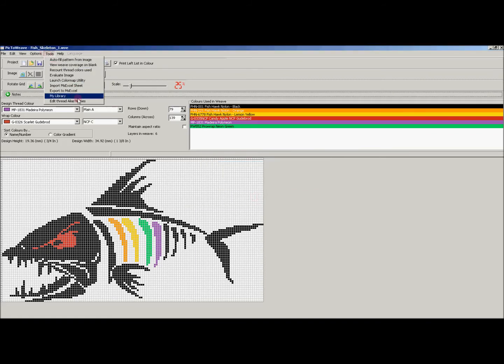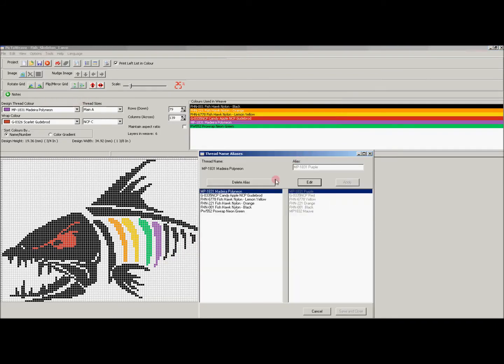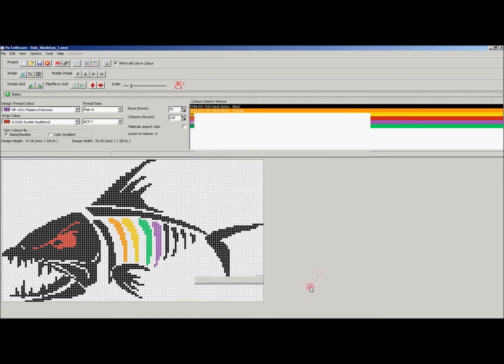So all we then do is go into edit thread alias names, and you can see that all of these are as they should be. Okay, so we would have taken note of the notes of what the various alias names are, printed them out, checked that these are all the same. Now if there are any conflicts,